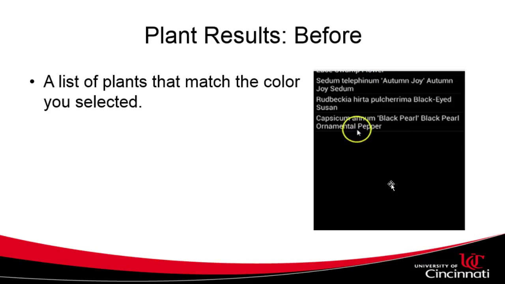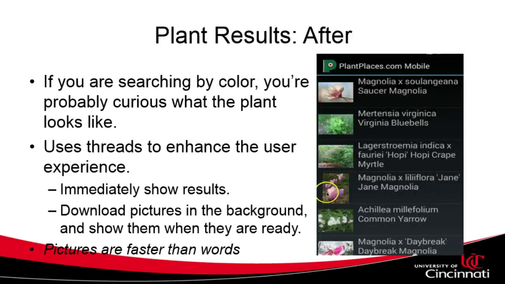And the results screen used to look like this. So here are a list of plants that match a specific color. Now, what's wrong with that? The same lesson we just had, which is pictures are better than words. Here's the new screen, and you see on this screen, it shows the name of the plant and also a